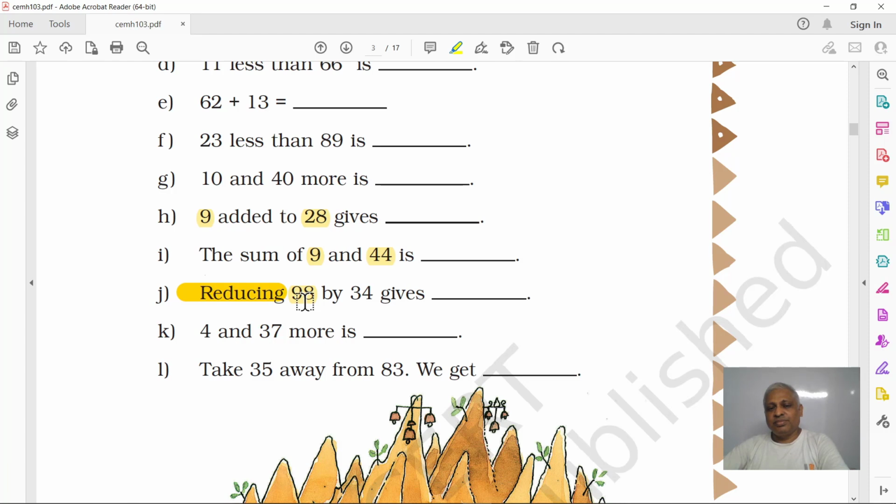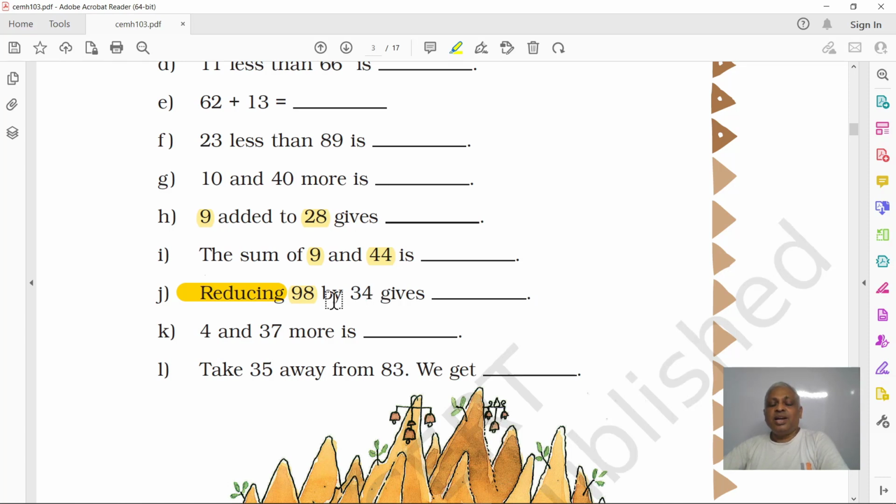Okay, 2 will subtract later. 100 minus, this is 34, 30 plus 4. So let us subtract 30 first. 100 minus 30 is 70, and subtract 4 from that. 70 minus 4, 66,